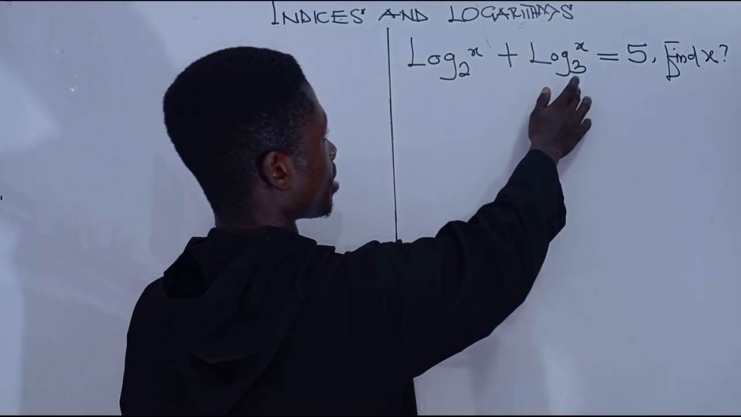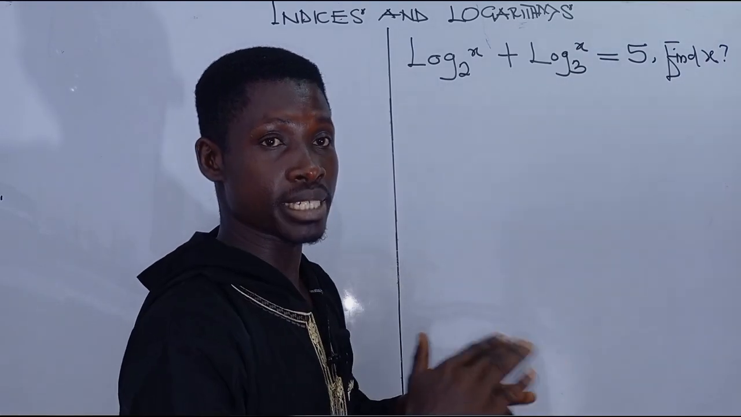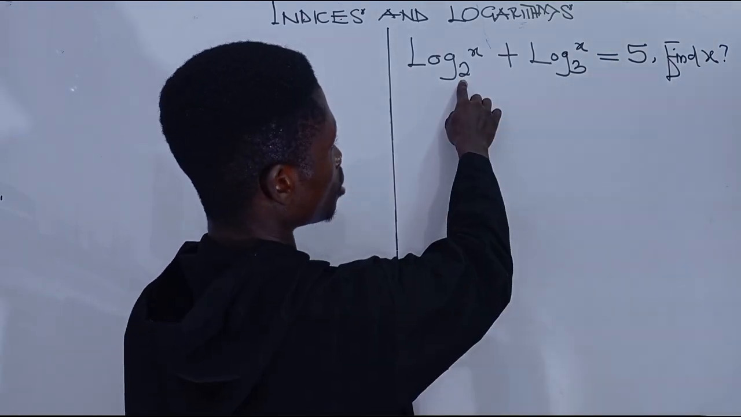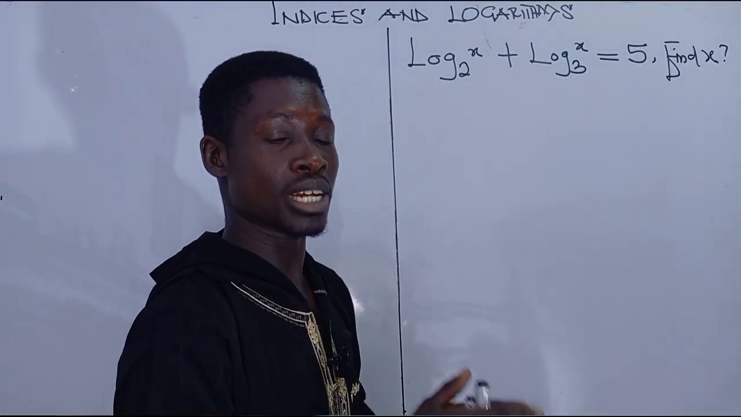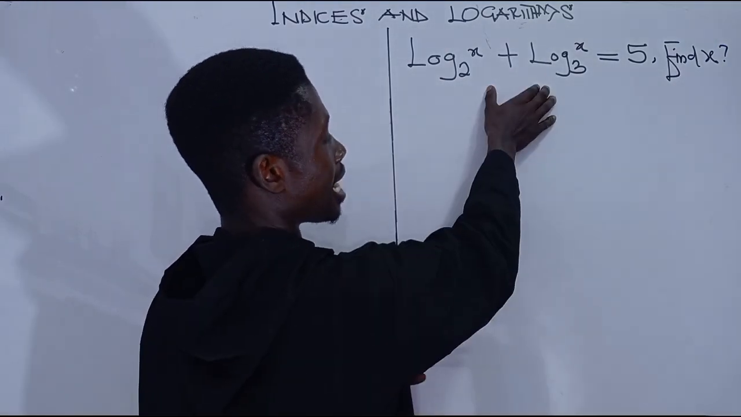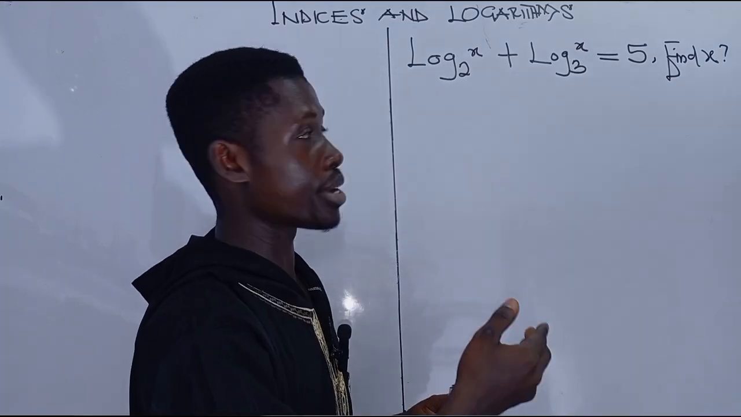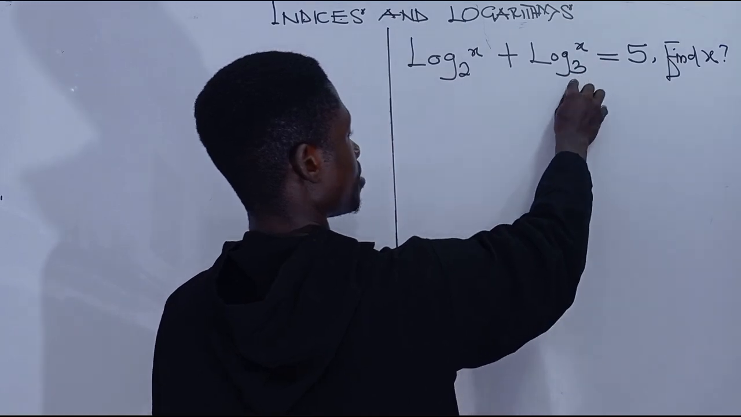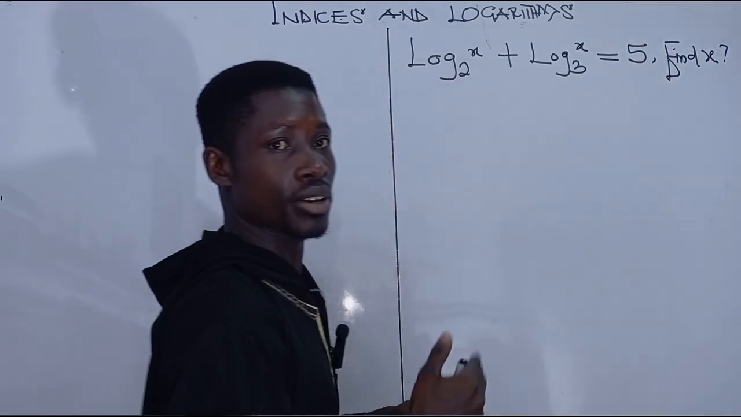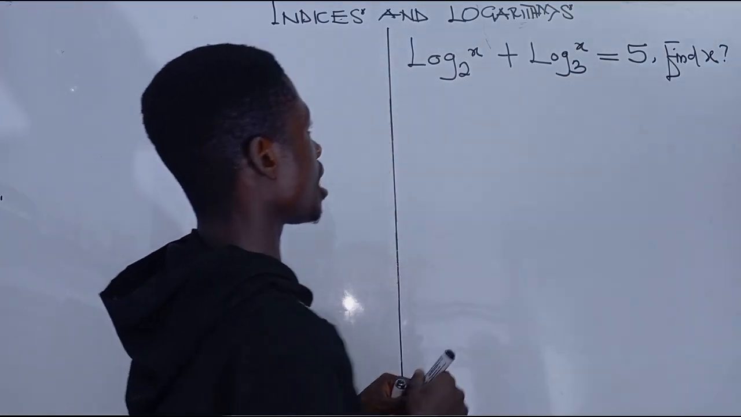Looking at these two logarithmic expressions, the bases are not the same. We have a base of 2, we have a base of 3, and therefore we can't apply the laws of logarithm to work it out at this point. So what we are going to do is to send this log of x to the base of 3 to the right hand side of the equation. So we shall have